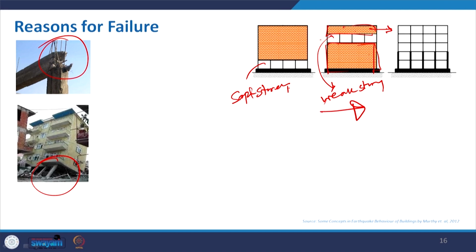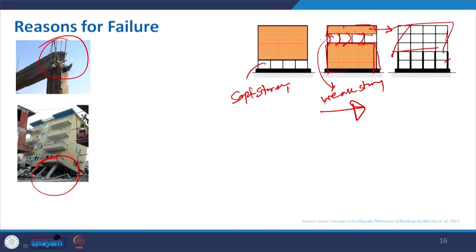So, this portion will show some unnatural behavior. This is also true when you have very heavy mass at the bottom that may sustain, but the upper floors, where that particular restraining power is not continuous, may deform more than the